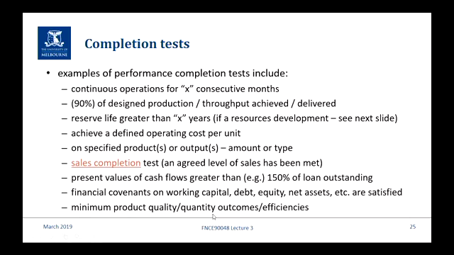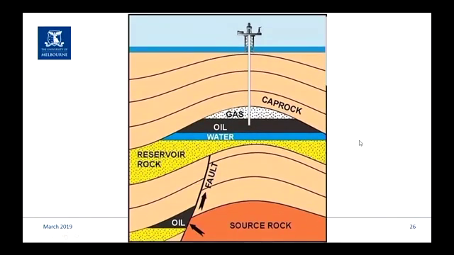Basically, it's the lender saying, what are the important things that have to happen in this project for us to be comfortable that it will generate cash flows over a long period to repay us. Now, I said in terms of resources development, and I did talk about natural resources a little bit last week, just so that you can eyeball what I'm talking about.